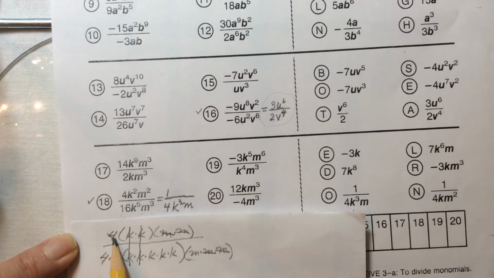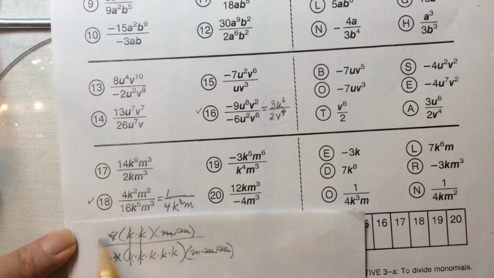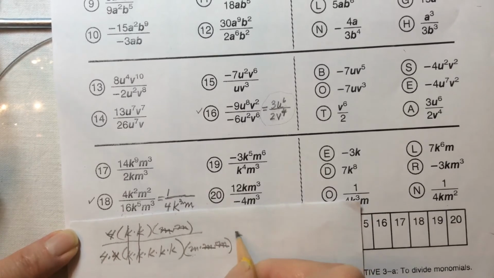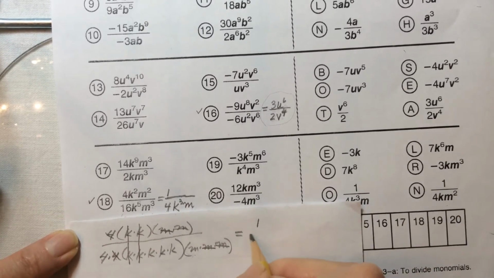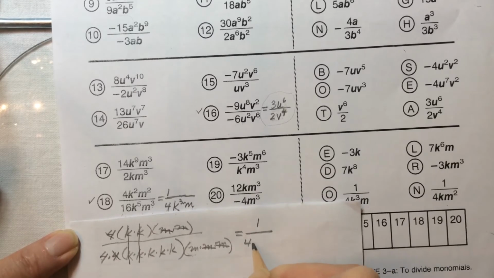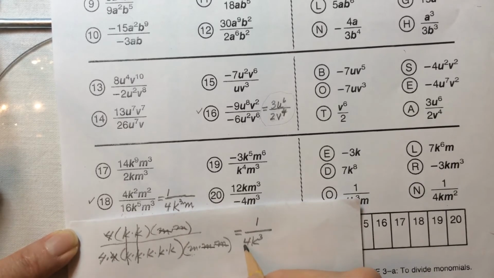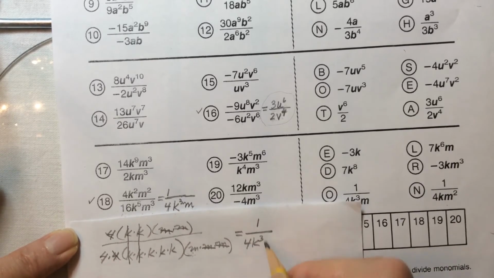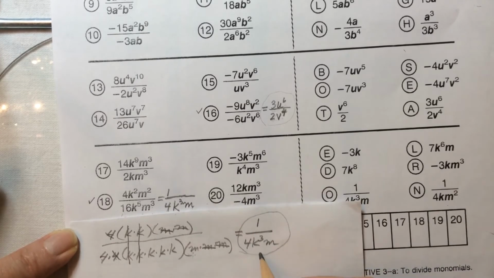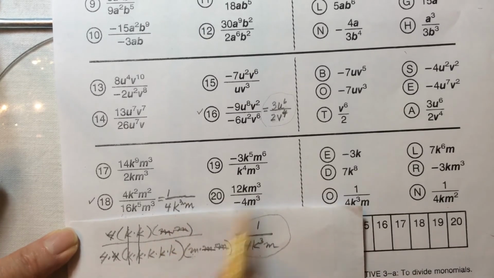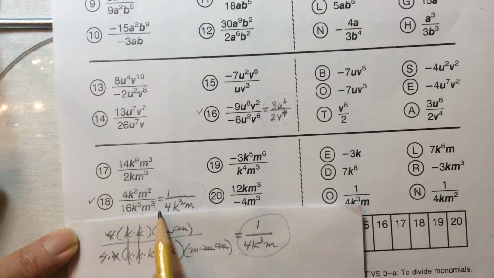And then if we cancel this 4 and this 4, what we have left up on the top is simply 1. And then on the bottom, we've got 4 times k to the third power, 1, 2, 3, and 1m. So that's what we got when we factored,